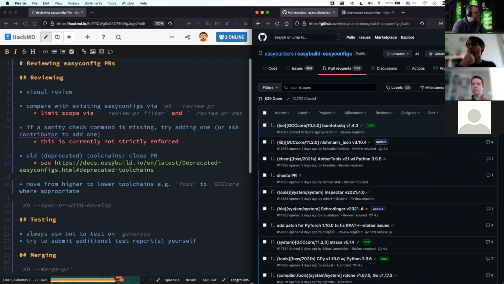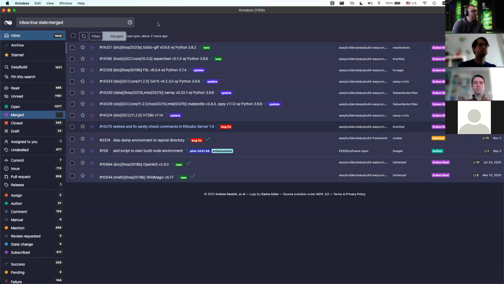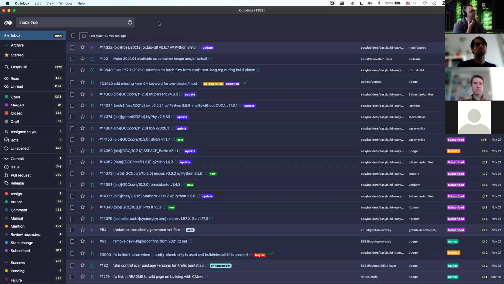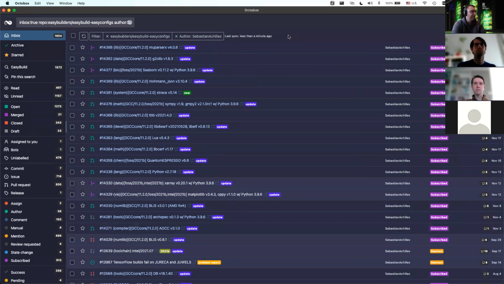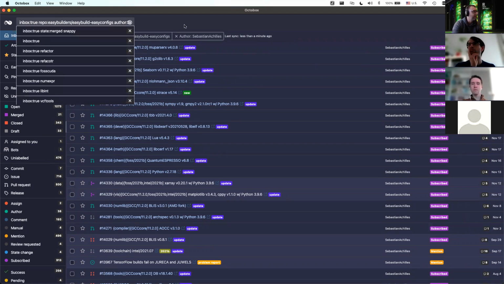And I also use this Octobox thing, this one. So that's a separate tool to look at your GitHub notifications. It gives it for all GitHub repositories, not just EasyBuild ones, but you can easily filter stuff. For example, only for easyconfigs and only from Sebastian. So if you're helping a particular contributor or working on a group of pull requests like the ones by Adam, for example, where he opened a pile of things,